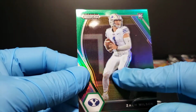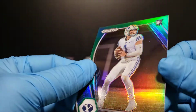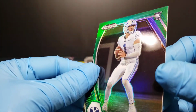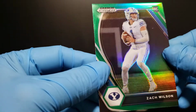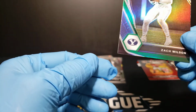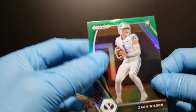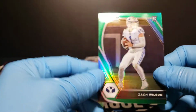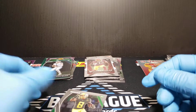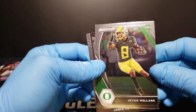Sometimes the background will have something and it'll show up like this in a picture because it's not a dimple. I can tell that, and you can get the angle. See how it doesn't? There's no indentation there, but it's a spot. So like I said, for grading purposes, you got to be careful you're submitting this card and what you're looking for. So we'll have to pull up some other copies and see how it looks there. But there's a nice Zach Wilson green. This stuff is pretty good, guys, on the retail side. Obviously,